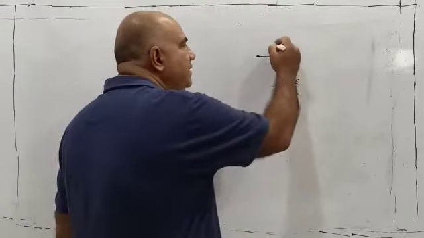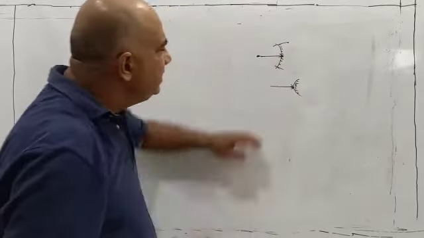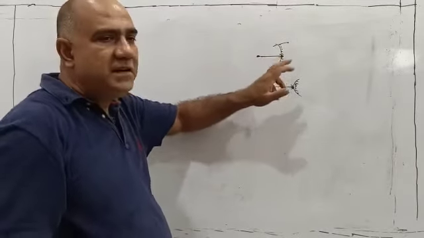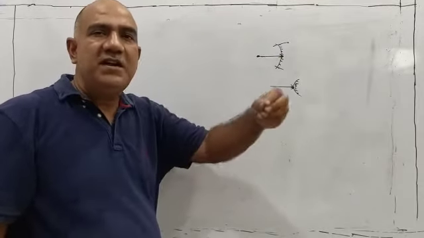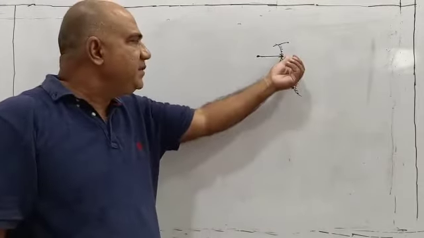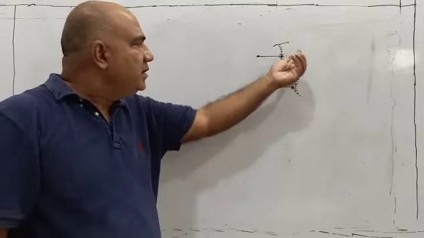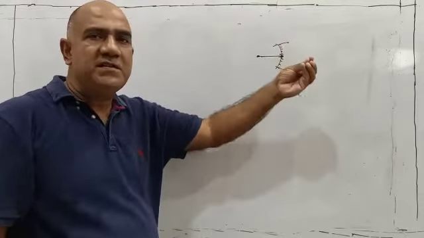If this is the actual reflecting surface from where the reflection is taking place, the midpoint of this can also be called its center, but that center can be confused with this center. So let us avoid calling it center. It is exactly the midpoint. Say this curved length is 6 centimeters. So 3 centimeters from there and 3 centimeters from here, there will be a point that is called the pole of